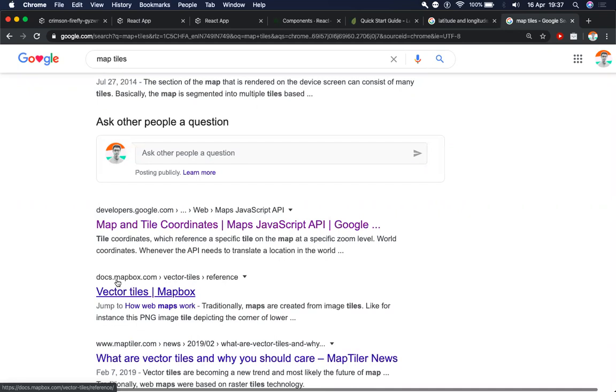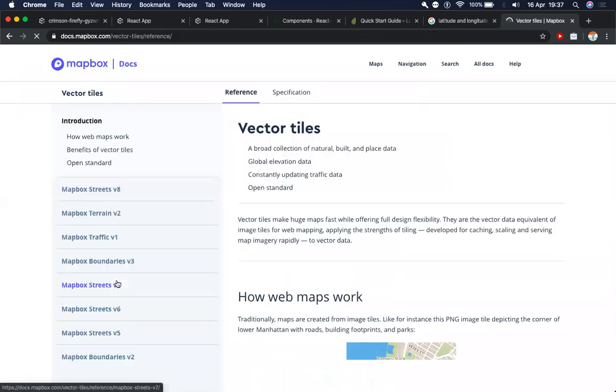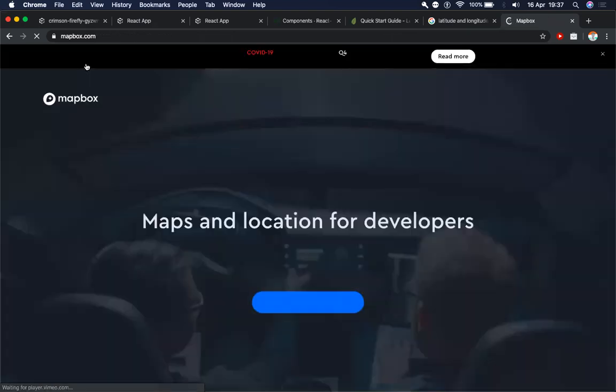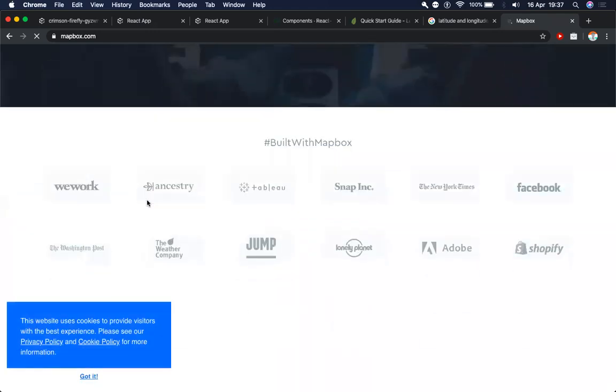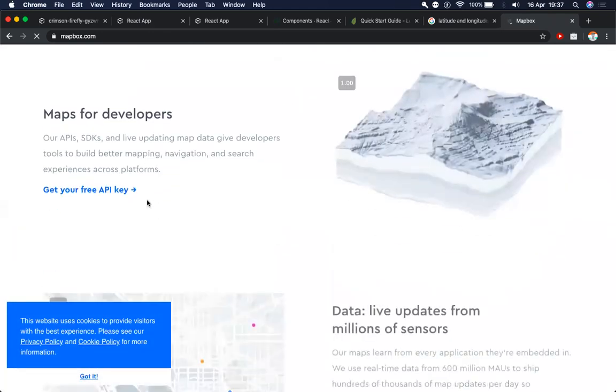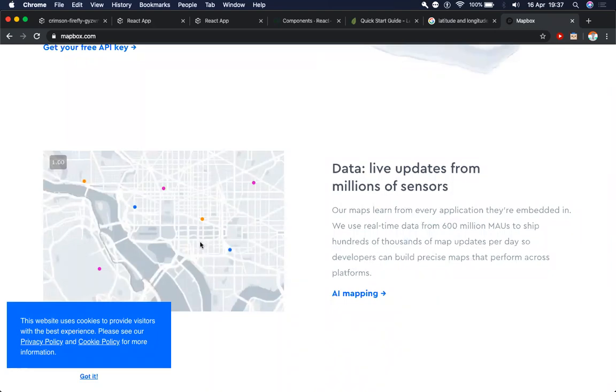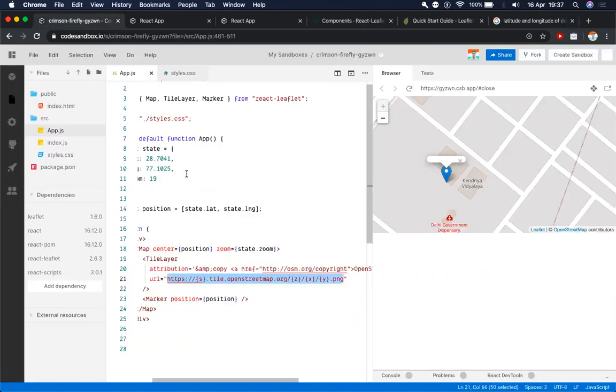And then there's this service called Mapbox. In Mapbox, basically, it's like a custom map layer designed for you. It's a software as a service product. You define how your map would look, how certain things would be colored, whether you want your map in dark mode, in light mode, etc. You basically define a lot of things in Mapbox, and then you get it as a custom tile layer made for your application.